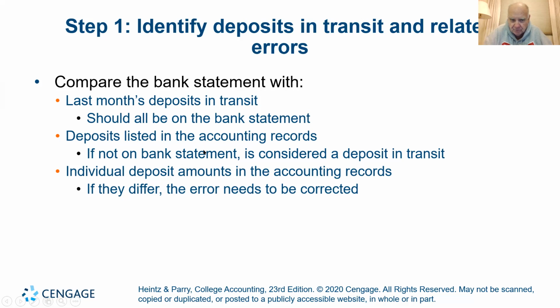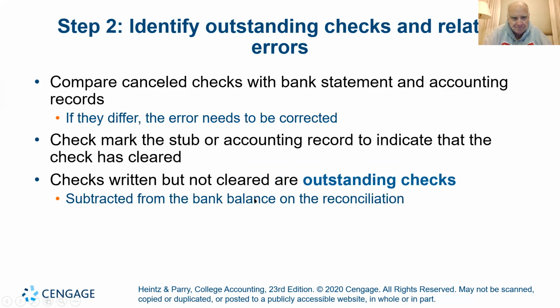Deposits listed in the accounting records, you recorded it, on its way to the bank, that's a deposit in transit, okay? And they're making a point here. If the number is different, if, for example, on June 30th, you deposited $4,121 in your records, and when you got the bank statement, the same deposit was not 4121, it was, say, 4211. Well, one of you made a mistake, and that one is you. And you'll probably have to make an adjusting entry to fix that, okay?